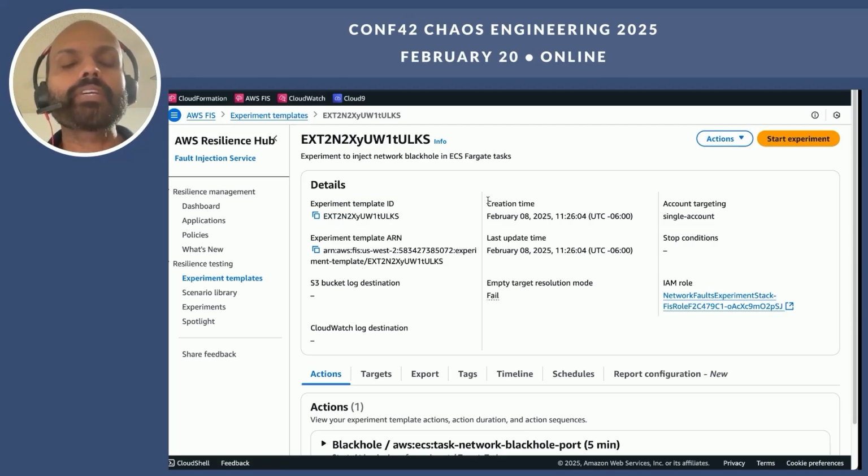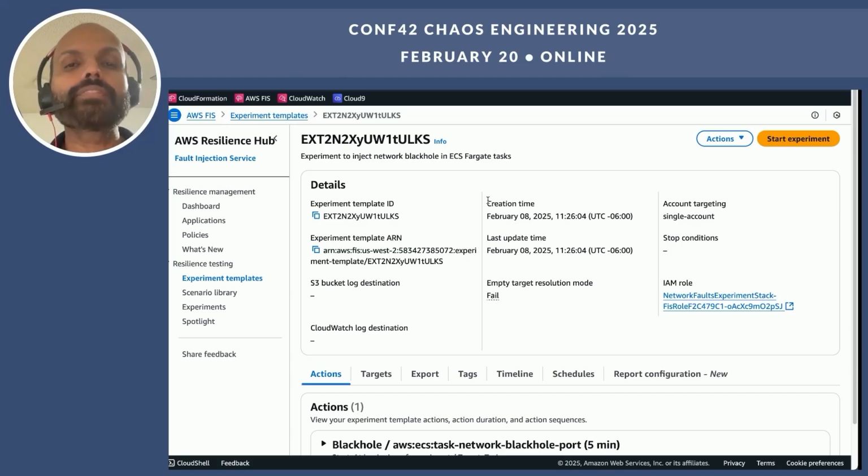So here what we are saying is that if there is a network black hole between our compute layer and the database layer, we believe our application is going to recognize that, and it's going to return a user-friendly error code or error message to the application users.